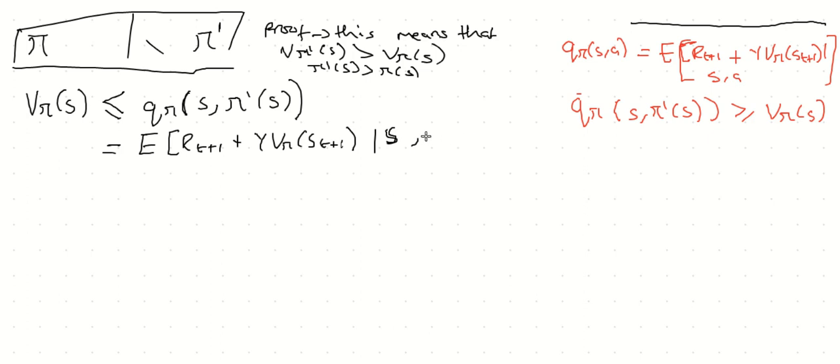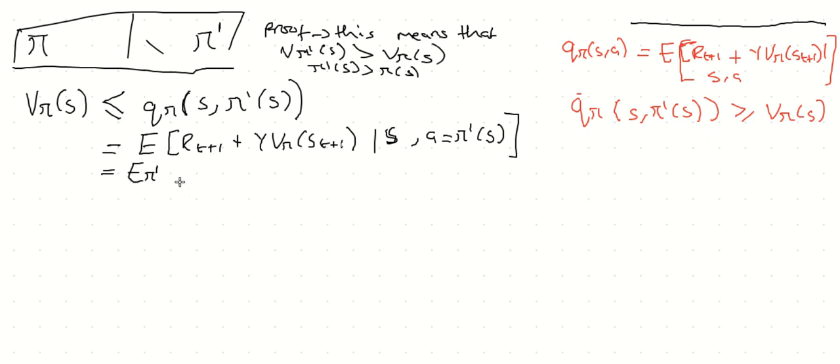I should clarify that. A here is actually equal to pi prime of S. Why is this the case? Because we are taking the action pi prime of S. The action under the new policy is what we're taking, not the old policy. So we can rewrite this as the expectation over pi prime,